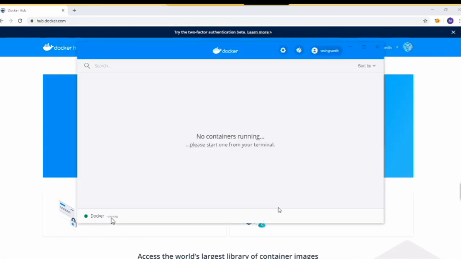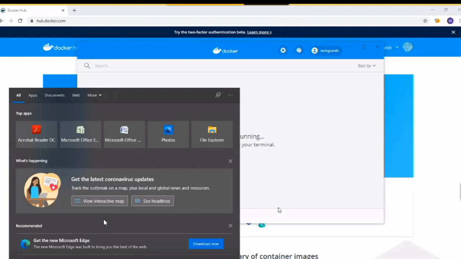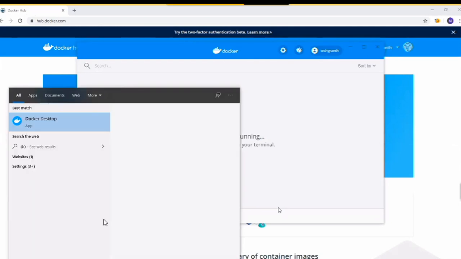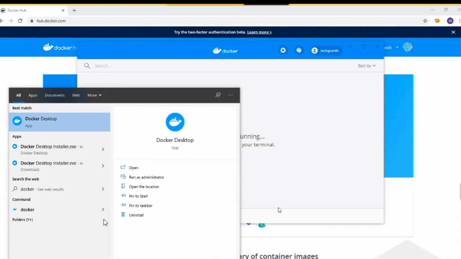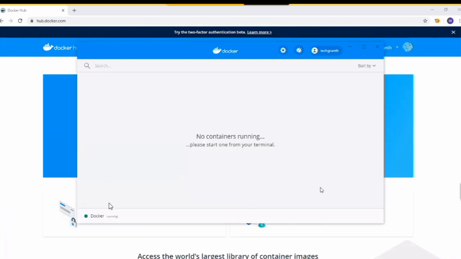So let's open the Docker Desktop web UI again. You can see Docker is running here already, right? But we do not have any containers running. Docker is running, but containers are not running. So let's run that container. First, let's open it from the start menu. We can also run Docker Desktop, right? We can search for Docker Desktop in our programs and just click on it. It will bring us to the same Docker Desktop web UI where Docker is running, you can see, right?